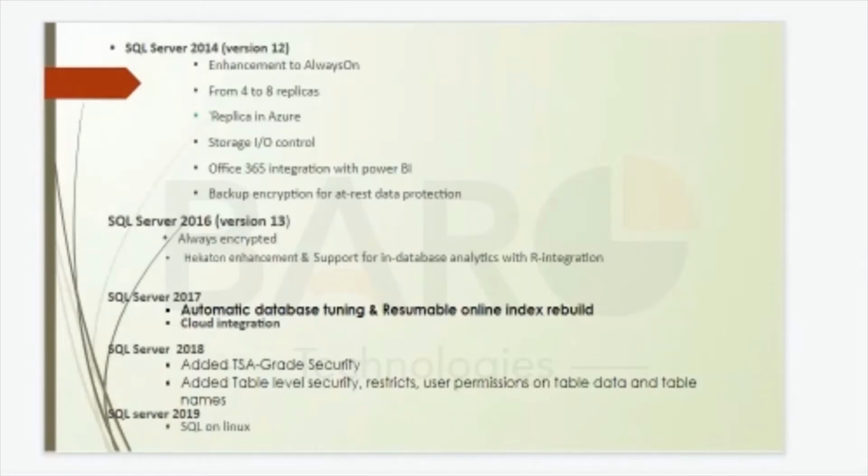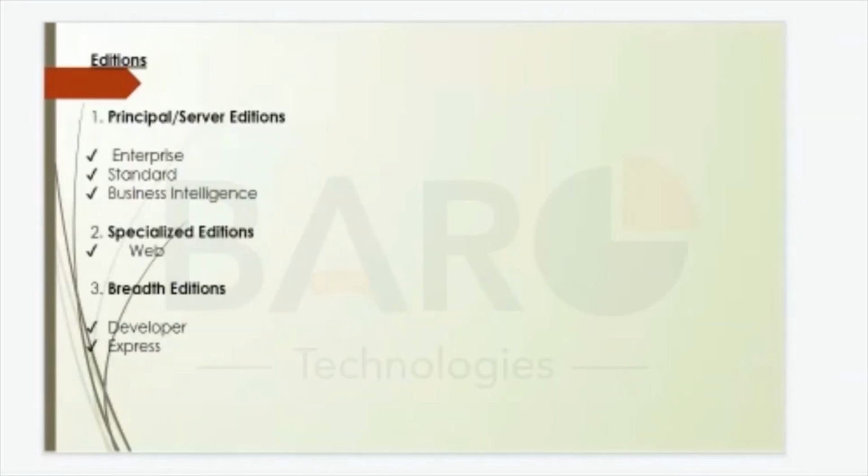More, 2017 ላይ automatic database tuning. ይሄ reasonable online index rebuild 2008. ይሄ more TSA great security ነው. 2019 ነው ኤዲሽን የምንለው, ይሄ SQL Server on Linux major የሆነ ነገር ነው. So editions ስንል ትናንት እንዳልኳችሁ, there are principal editions, specialized editions or breadth edition የምንላቸው. Principal editions: Enterprise, Standard, Business Intelligence. Most of the time እንግዲህ Enterprise ነው የምንጠቀመው or Standard. Enterprise is like the premium offering like I told you yesterday. ሌሎቹ